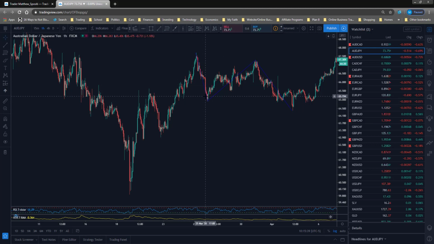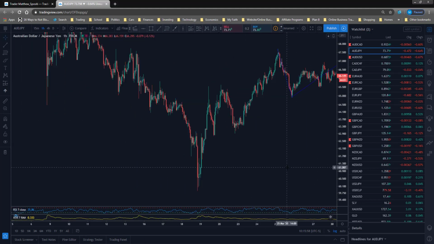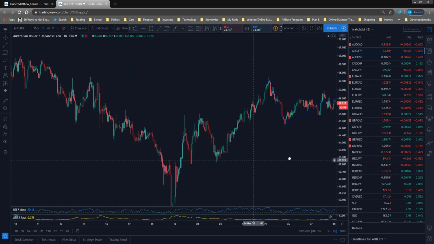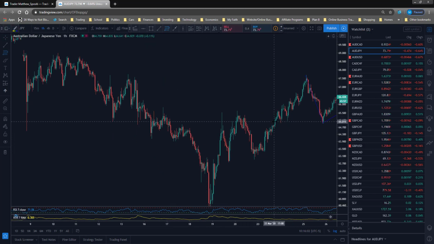Well, if this was all the market did and we rallied up here, if it had rallied even more, I would have eventually made money. It would have gotten all the way up and been a successful trade. However, unfortunately, it didn't do that. It got rejected, and then it rolled over again. So what would I have done? If I had measured not from here, but from here,